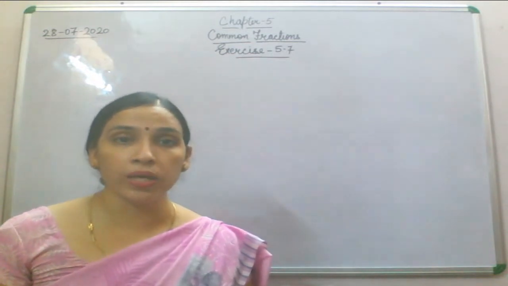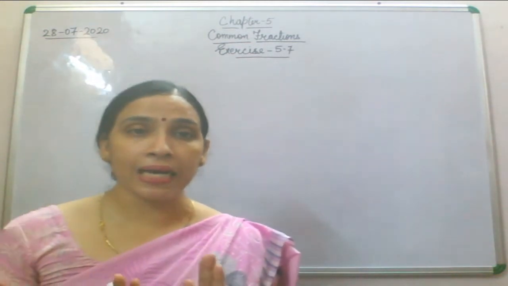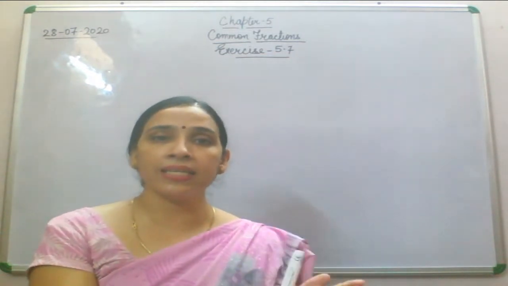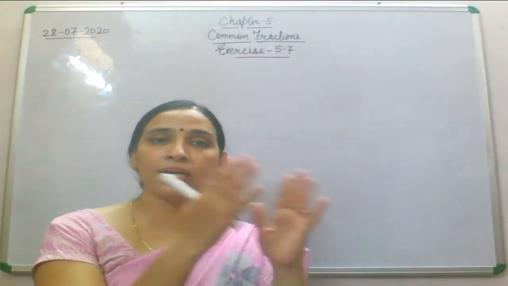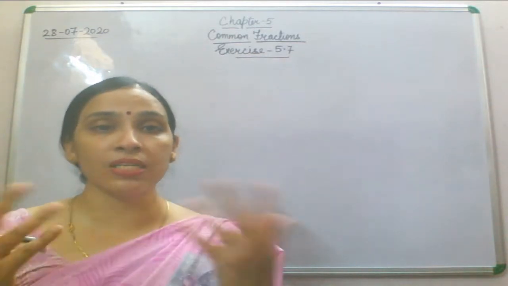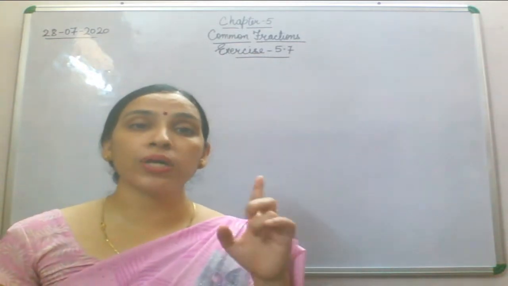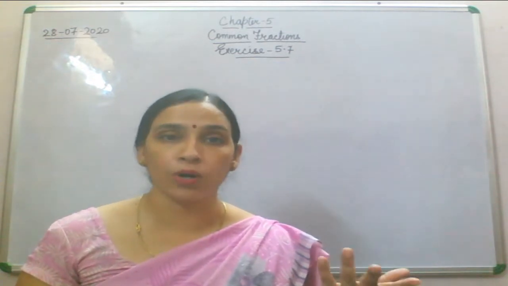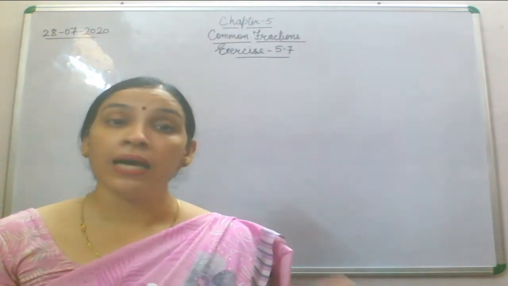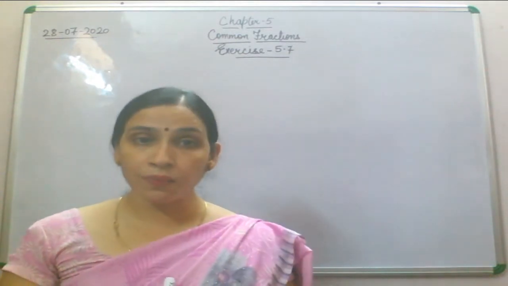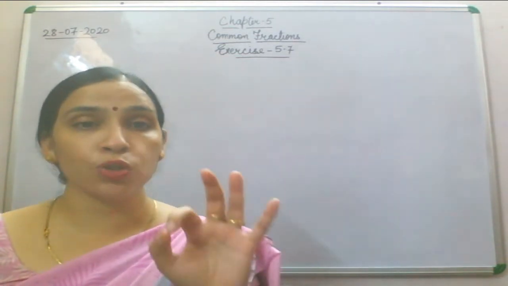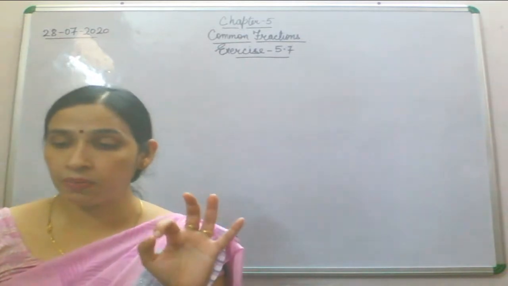First of all you have to understand that opposite of division is multiplication, or I can say opposite of multiplication is division. So you have to understand this whenever product is given. Now what is product? The answer which you get after multiplication is called product. Product क्या होता है? Product is the answer which you are getting after multiplication. Remember that. So whenever product will be given, you are supposed to do division. Fine. This is the basic thing which you have to understand in this question number 10.